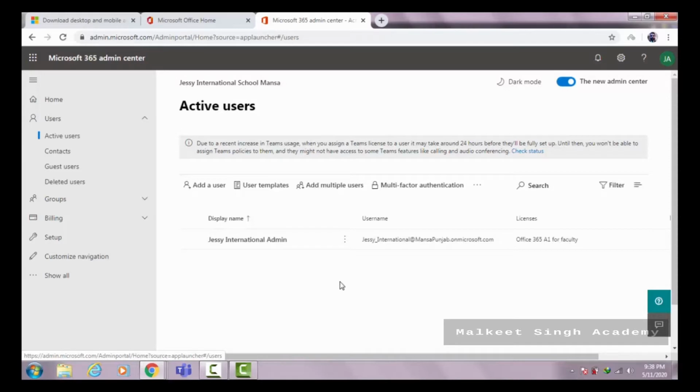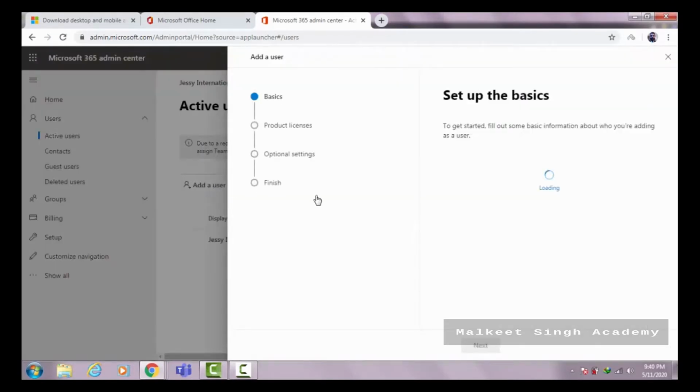In this video we are going to learn how to add a user using the one by one, or manual, method, and the other method is to add a CSV file in MS Excel. So let's see how to add a single user. You have to click on this Add a user button. When I click on this button, a pop-up window will appear.